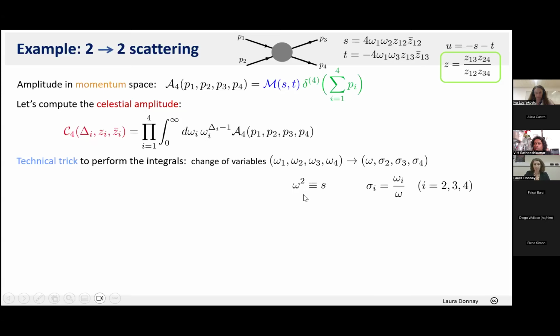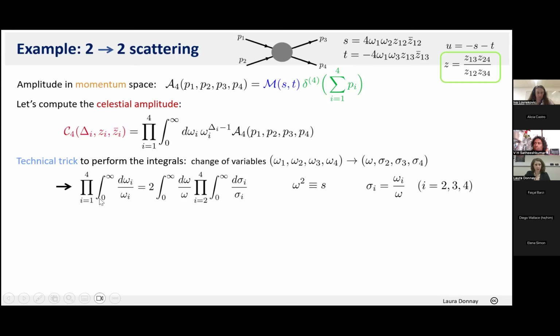Okay, so again, let me stress that this omega does not have any particle label. This omega is not one of the omegas of the particles, this omega is really essentially the square root of S. So it's just a change of variables, but it's pretty useful as you're going to see. So in terms of these new variables now,